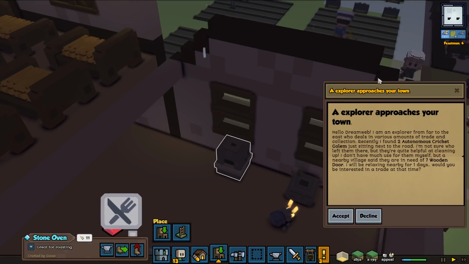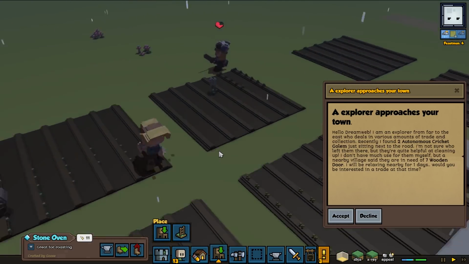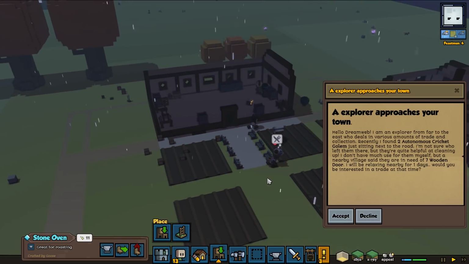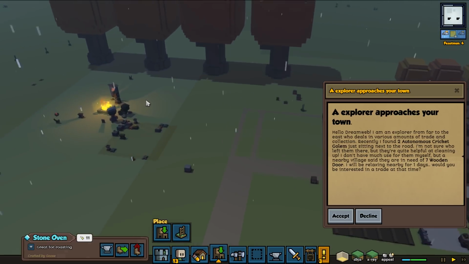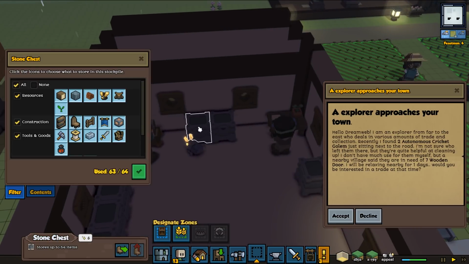Ooh, an explorer approaches the town. I'll read this and then we will... Oh my goodness! If I get 7 wooden doors, I can have 2 more cricket golems. Wow! Fantastic, we'll get those made. And now, because everything is so much easier to find...